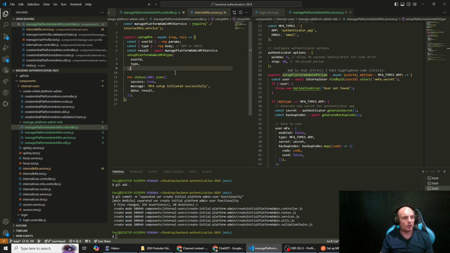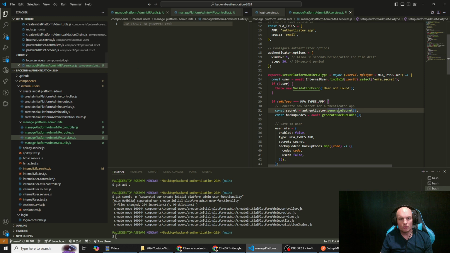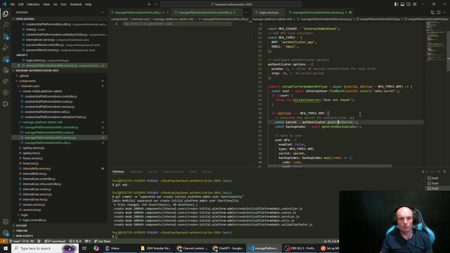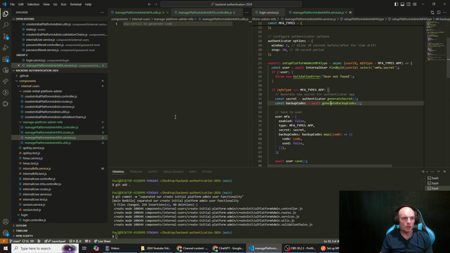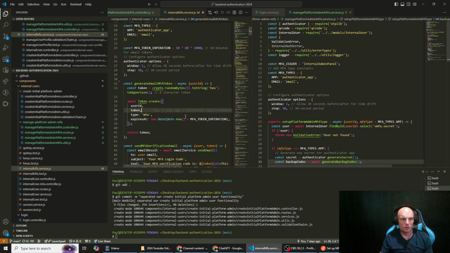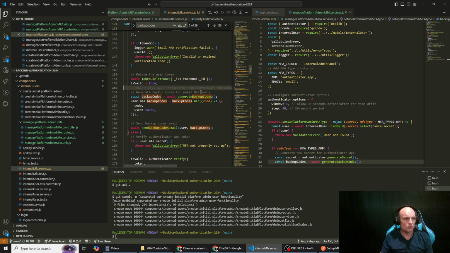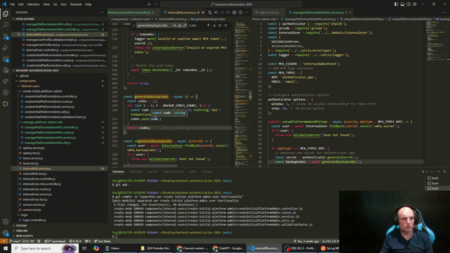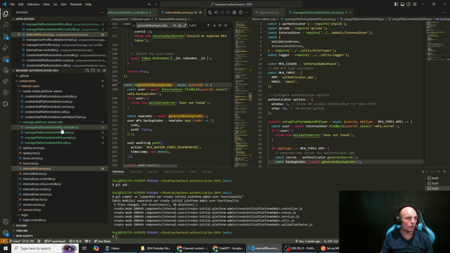Alright. Then, if we bring up our utils, so in utils we're going to want to put these. Oh no, that's coming from authenticator, so that doesn't need change. And backup codes, generate backup codes, is going to come from here, I think. Backup codes. Generate backup codes. Okay, so we cut, save, and